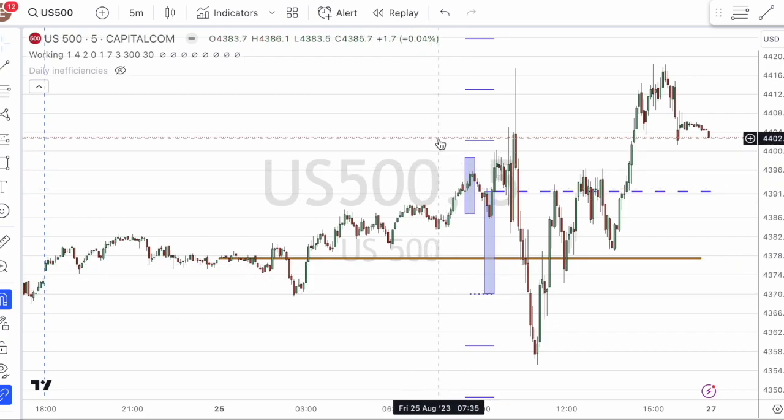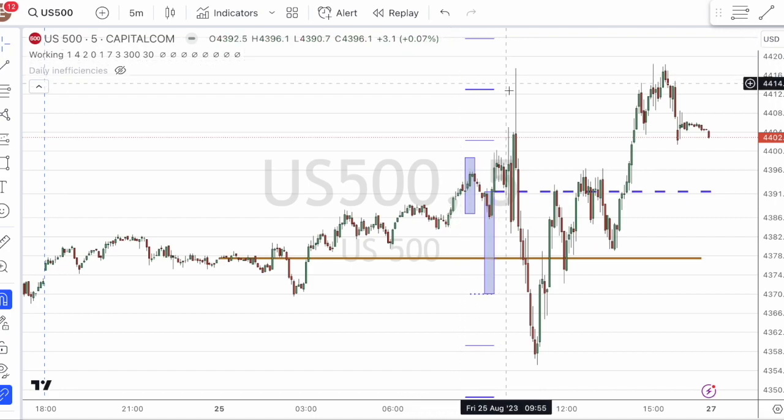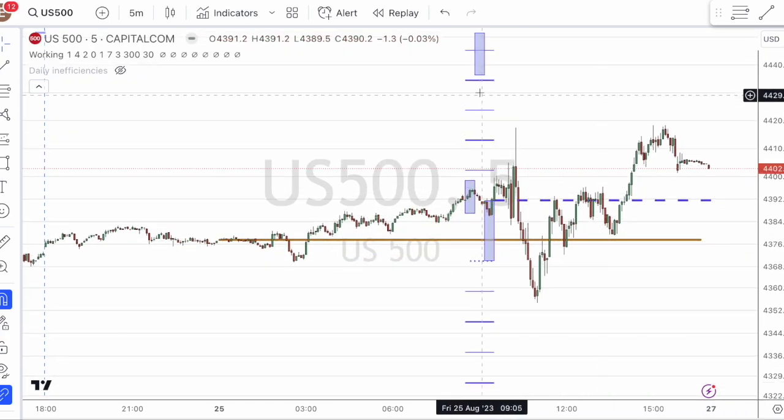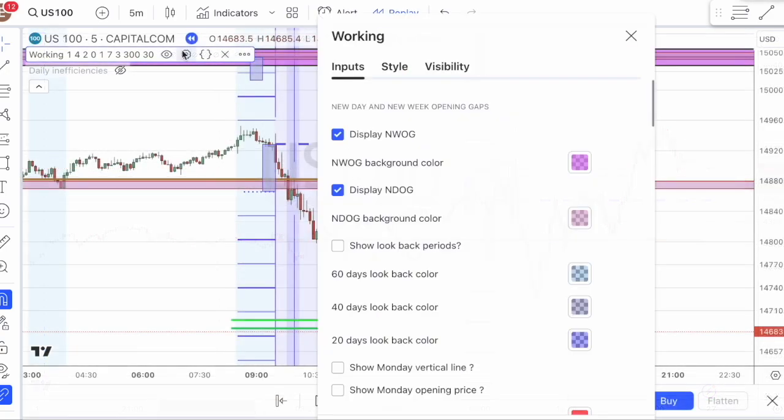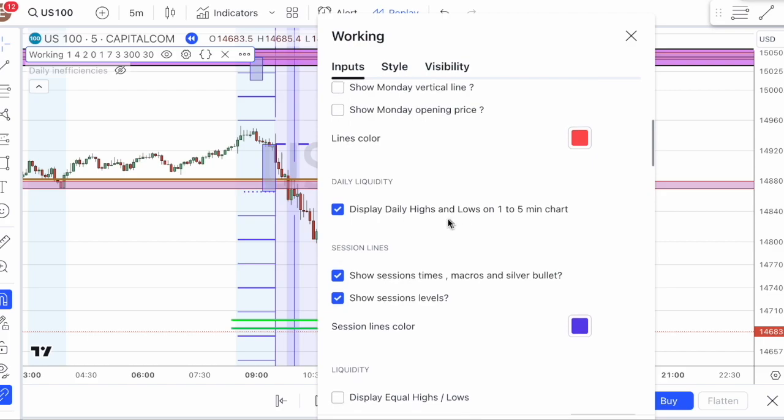The small blue lines stacked above and below price are the standard deviations of today's session gap. The three rectangles are today's session gap, yesterday's session gap, and the day before yesterday's session gap, as they can be very influential on price delivery. Now that we can add time and price to our chart, let's review the New York session for US 100